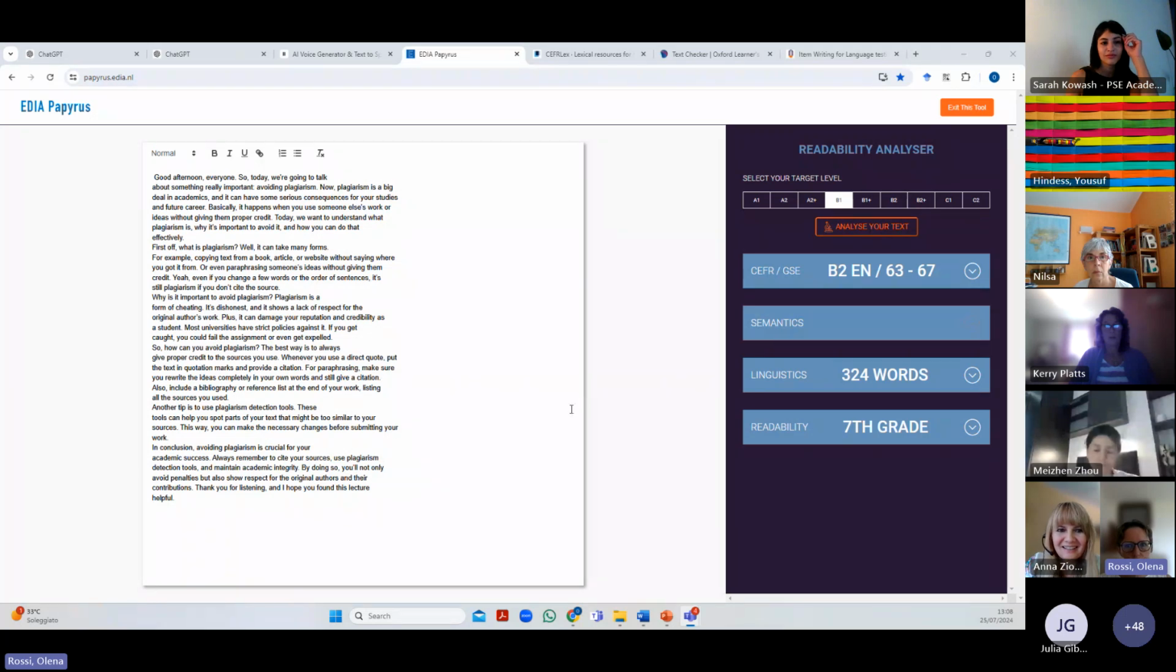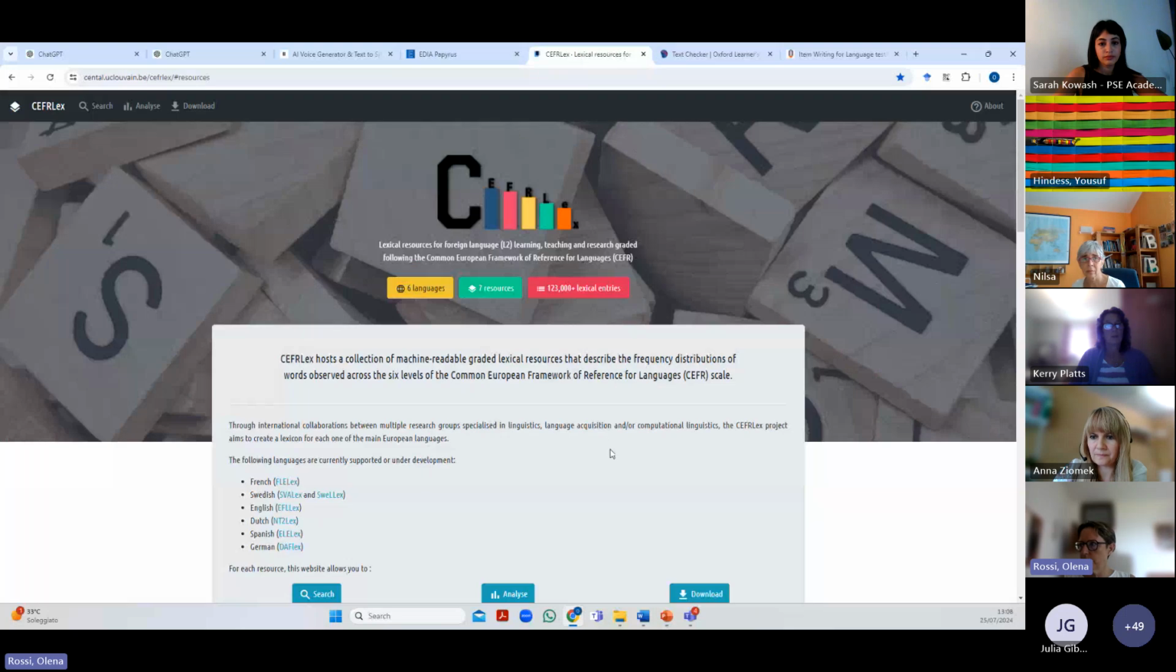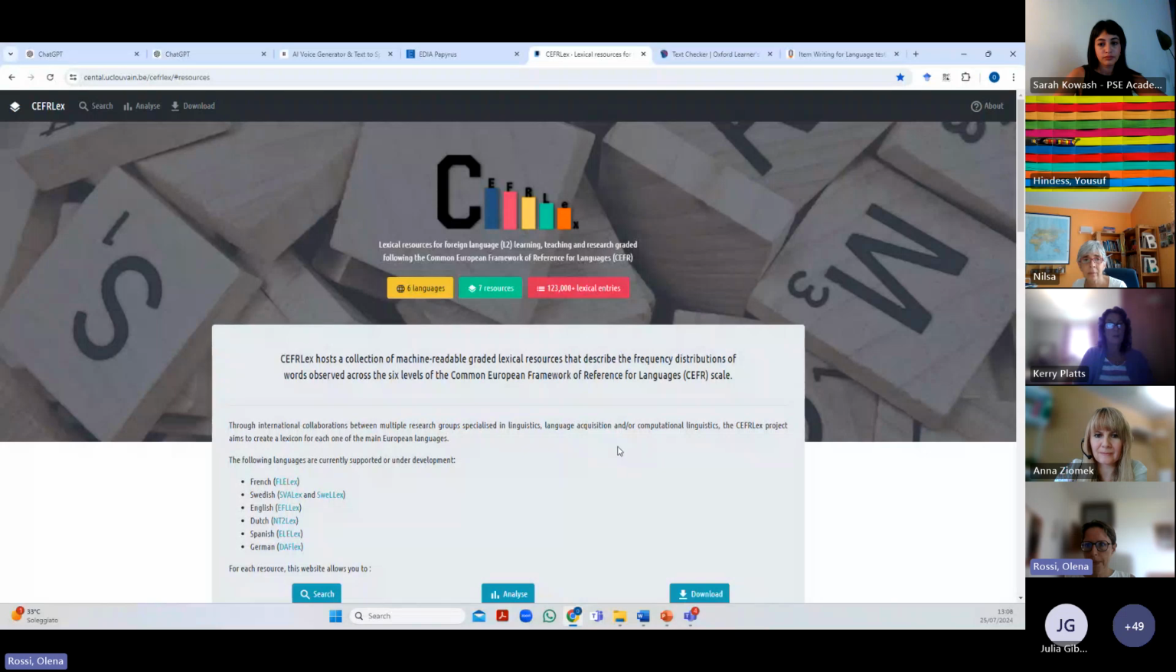So what I was saying was that to check the CFR proficiency level of the text, I use EDIA Papyrus, which gives you a definitive level of the text. So if I want to analyze the text, it will tell me what level it is. But it requires a paid subscription. If you don't have it, I can recommend a couple of free text profilers. For example, you can use this one from the University of Louvain. And I'll put the link in the chat now,